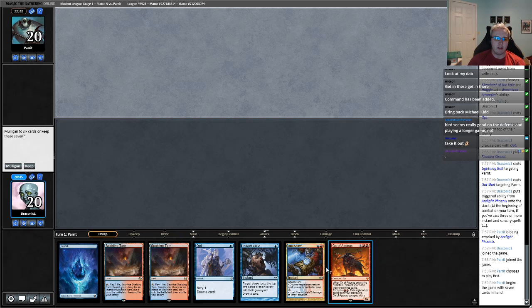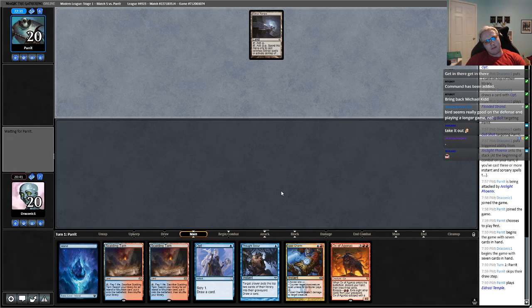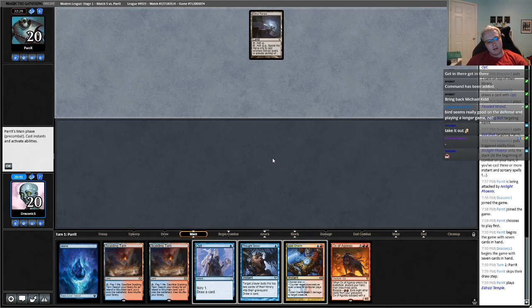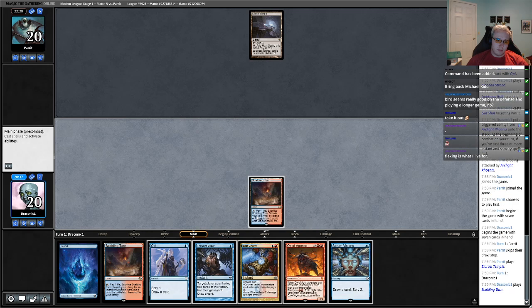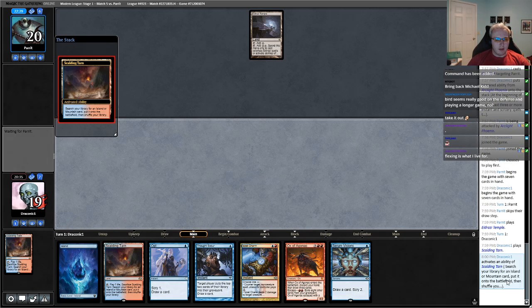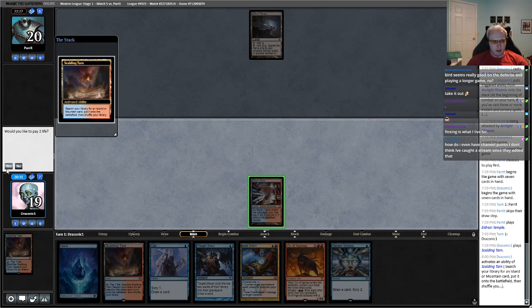His hand's fine, right? It's a little weak. Probably still gonna keep it. Ugh, no Vial is a PogChamp. I'm gonna play around that stupid idiot. I mean, we're likely just getting turned through Thought Knotted. That's what this hand looks like, but...